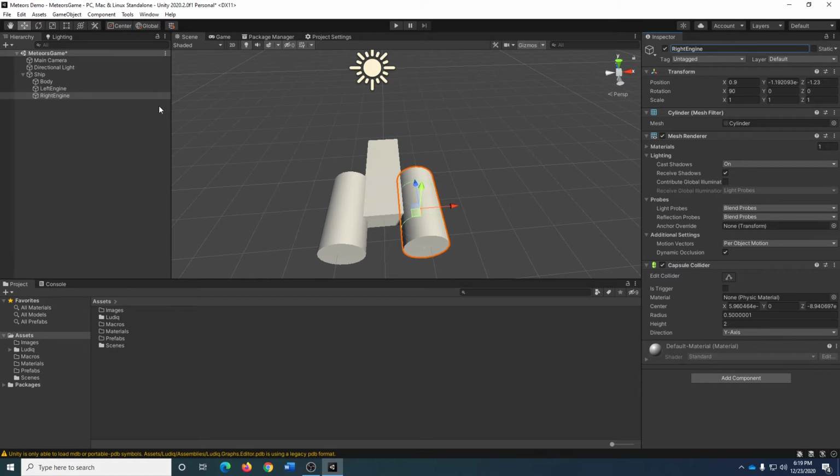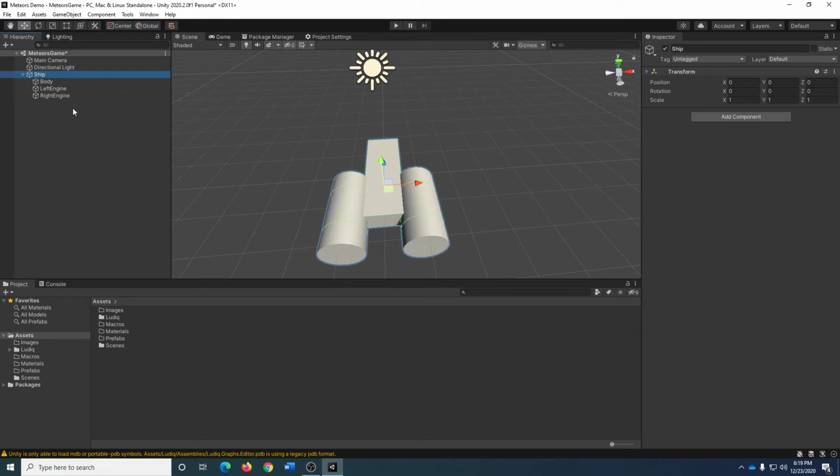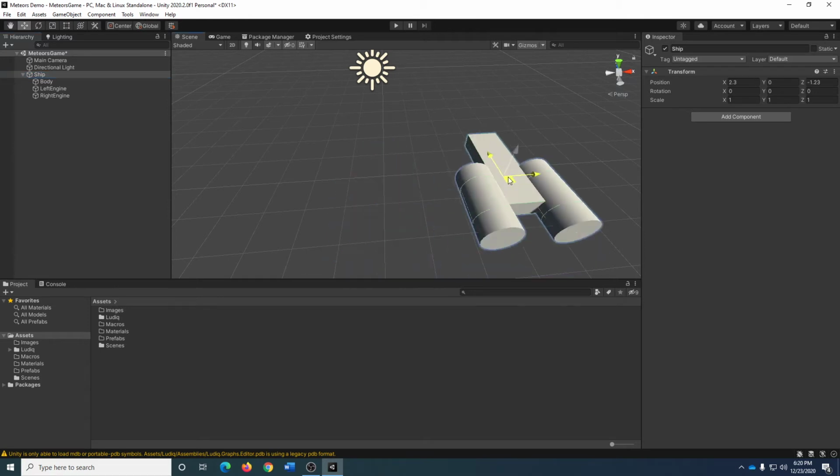Like I said, functionally it doesn't matter. Organizationally, you want, as much as is practical, to have sane-sounding names for your game objects. And of course, since these are all child objects, if I grab the ship game object and move it around, they all move